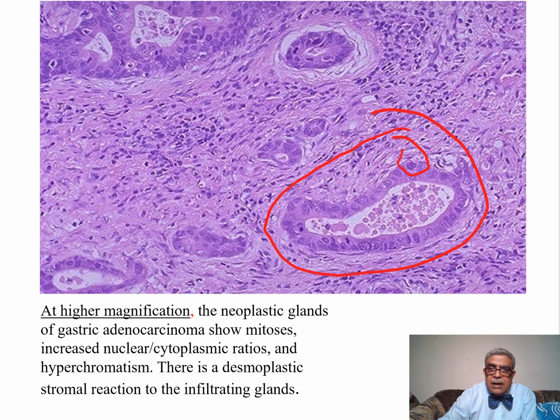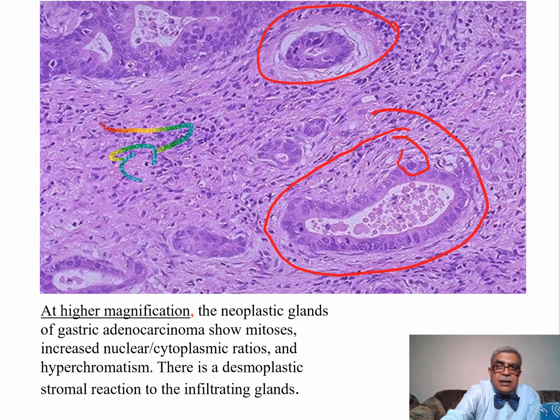and the lining cells show mitosis, increased nuclear cytoplasmic ratio, and hyperchromatism, and there is a desmoplastic stromal reaction to the infiltrating glands. Now these glands are infiltrating, and here there is a desmoplastic